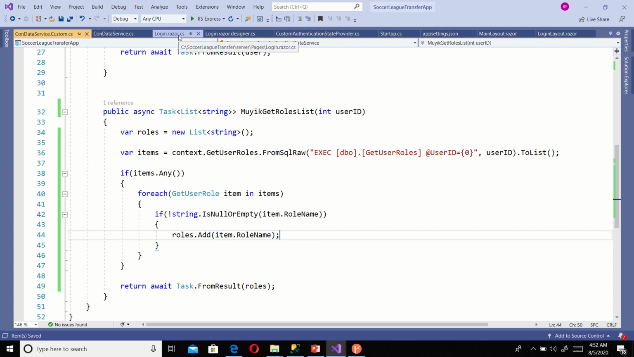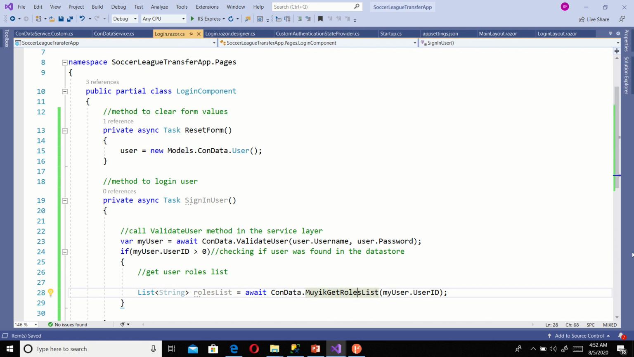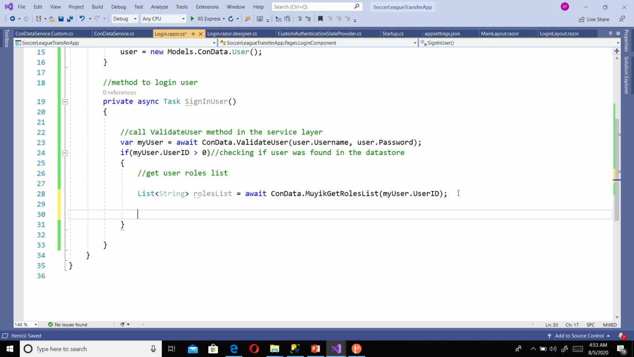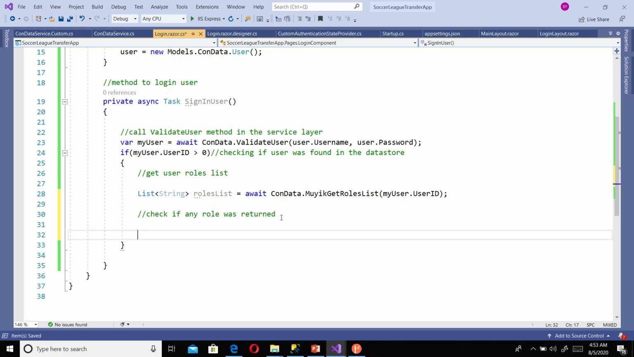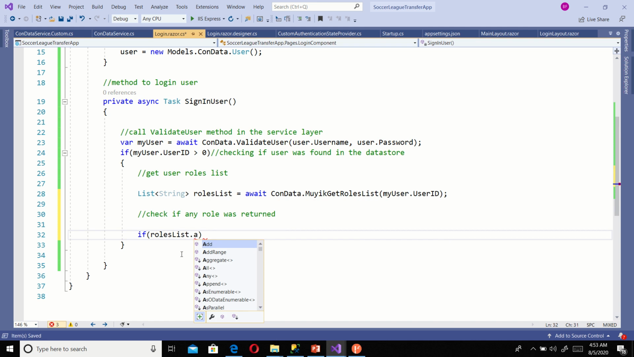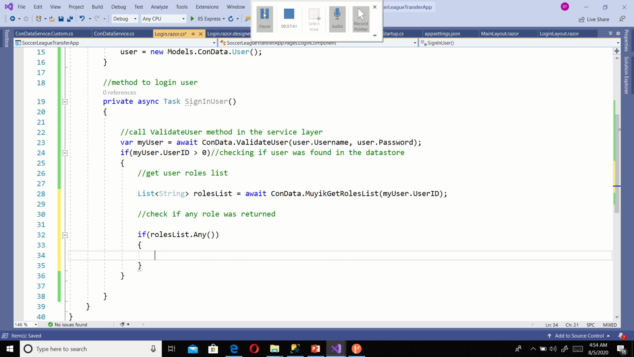Now I go back to login.razor.cs. Now I'm going to check if any row was returned. How do I do that? I'm going to say if rowsList.Any. So if the row list was found,